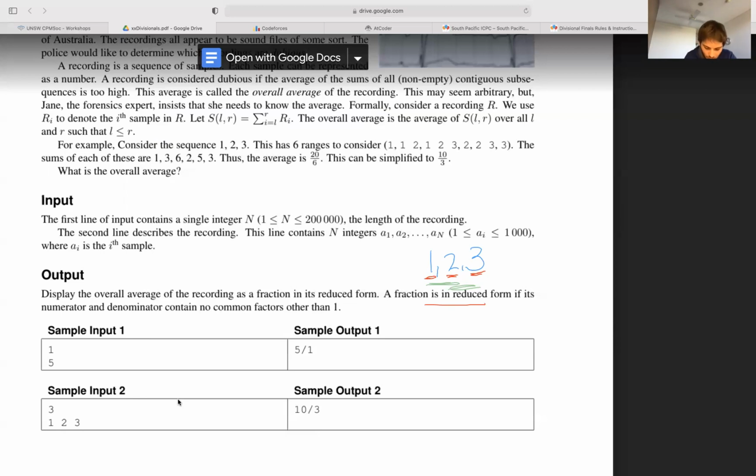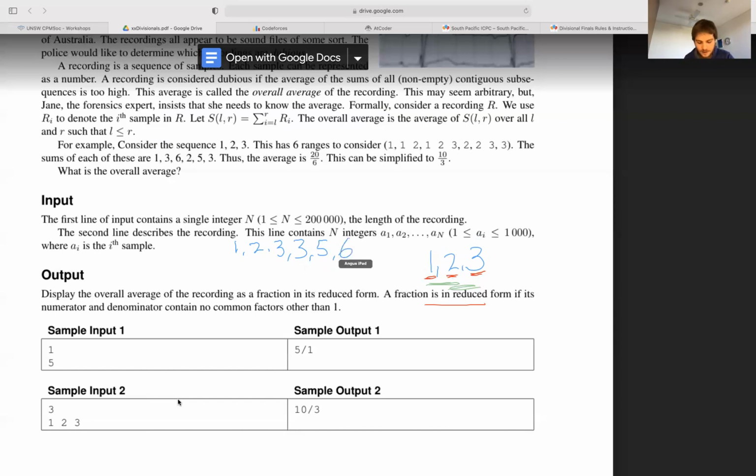So the ranges of size 1 have sums 1, 2, and 3 respectively, because their sum is just the one element. The range consisting of the first 2 elements has a sum 3. The range consisting of the last 2 elements has a sum 5. And the range consisting of all 3 elements has a sum 6.